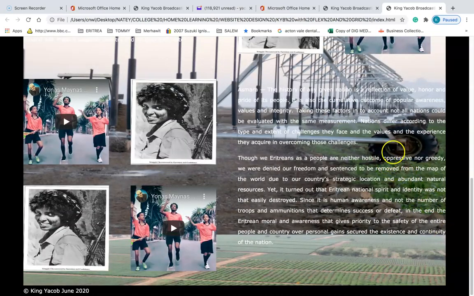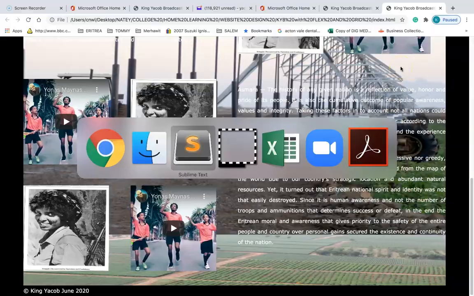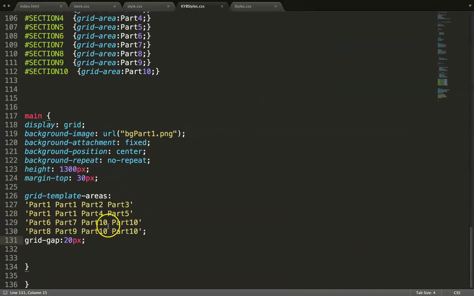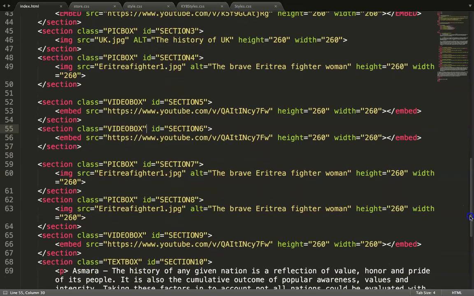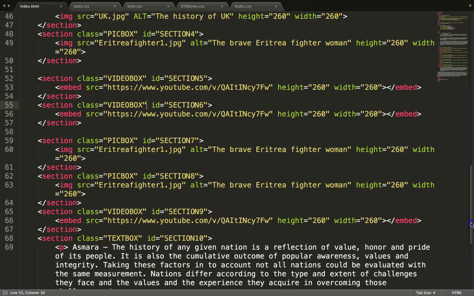Yeah, if we give more features on the style now, if we look at the HTML code, we have a class name for video box, pic box, and text box, and with that